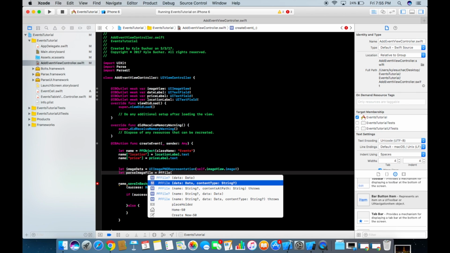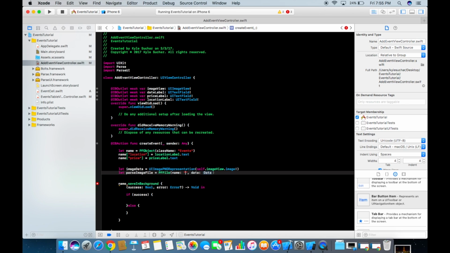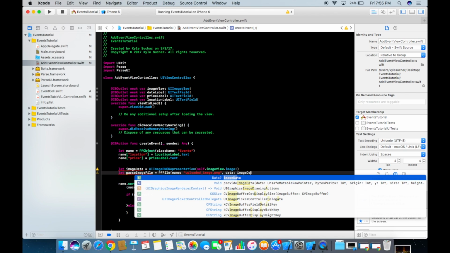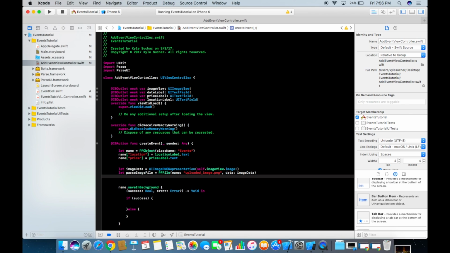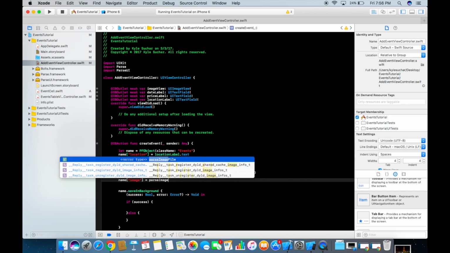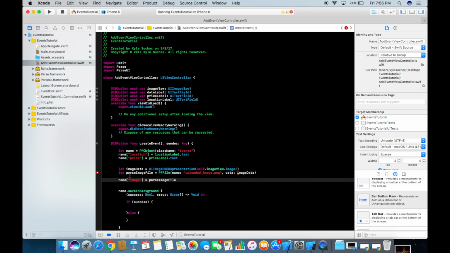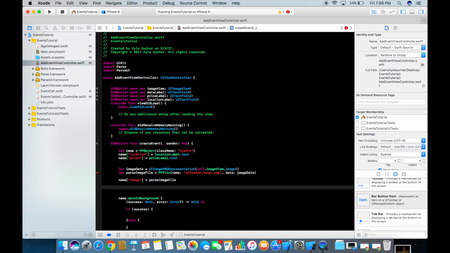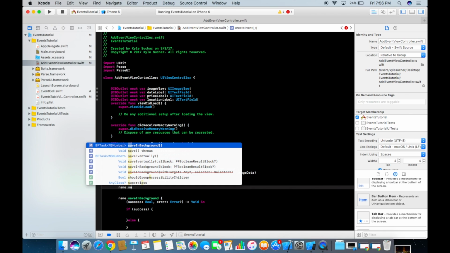and then it's going to be the name, we're going to call it uploaded_image.png, and then the data is going to be our image data. And then lastly, we're just going to do name again, click up top, and we're going to call it image, and this time it's going to be parse image file. And then I forgot, we do need a little bit more. I'm sorry. Lastly, we need to save